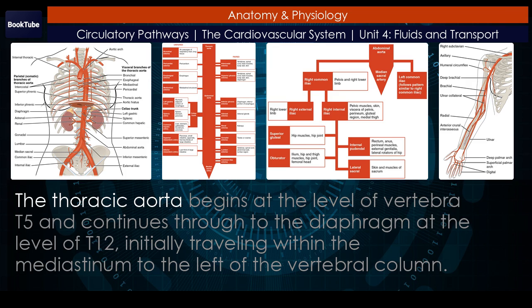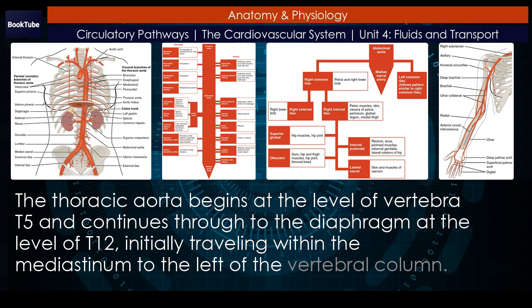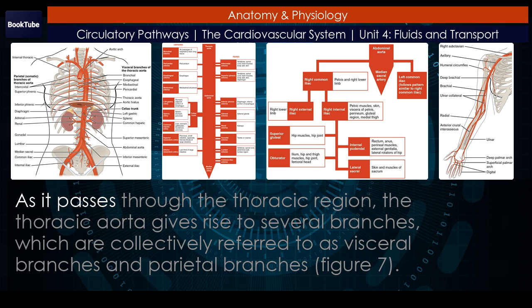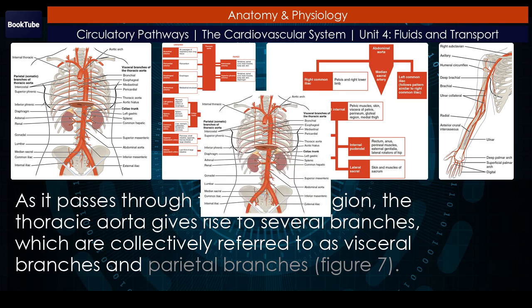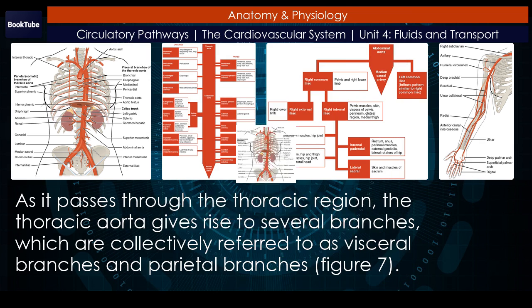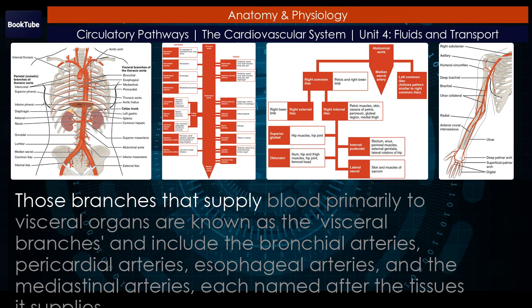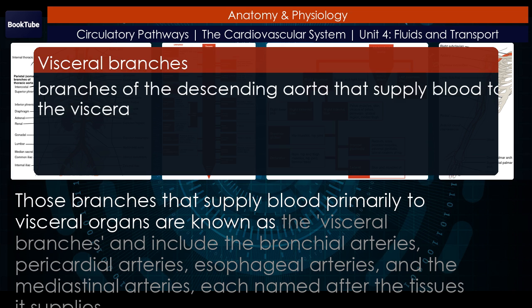The thoracic aorta begins at the level of vertebra T5 and continues through to the diaphragm at the level of T12, initially traveling within the mediastinum to the left of the vertebral column. As it passes through the thoracic region, the thoracic aorta gives rise to several branches, which are collectively referred to as visceral branches and parietal branches. Figure 7. Those branches that supply blood primarily to visceral organs are known as the visceral branches and include the